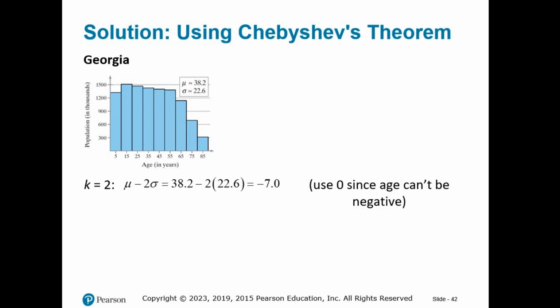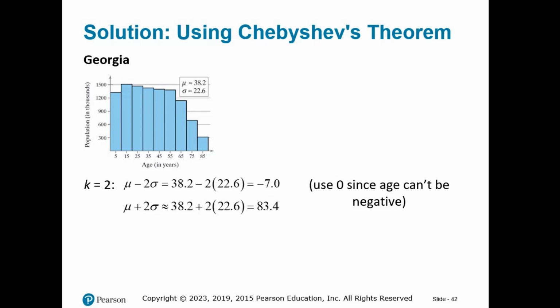2 standard deviations below the mean would give us negative 7.0 because 38.2 minus 2 times 22.6 equals negative 7. Now, how do we interpret this in the context of the problem? Well, age can't be negative, so our lower bound is down to 0 or birth. Now, 2 standard deviations above the mean, or 38.2 plus 2 times 22.6, which equals 83.4, is our answer for